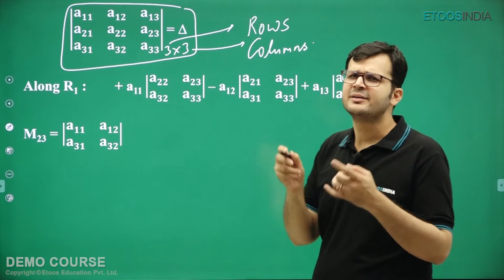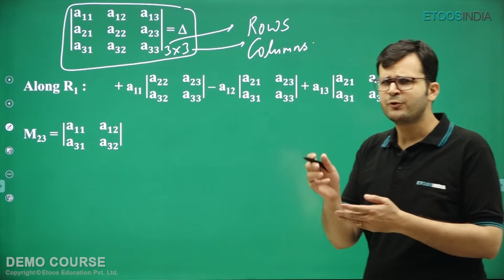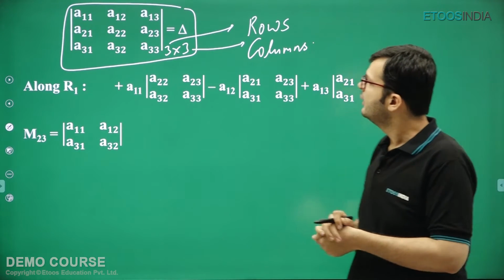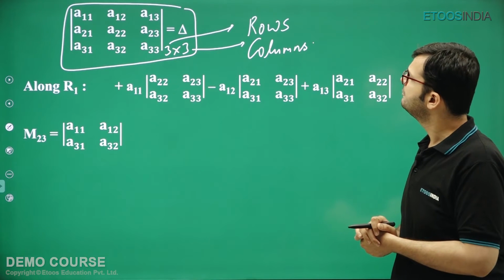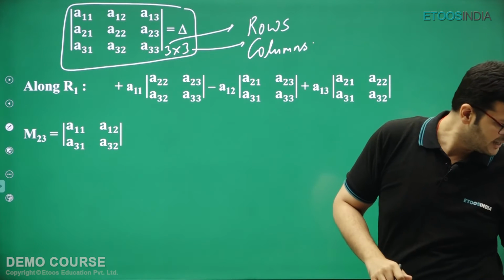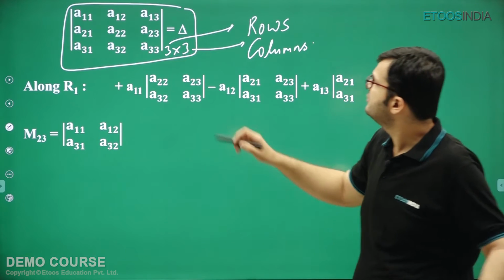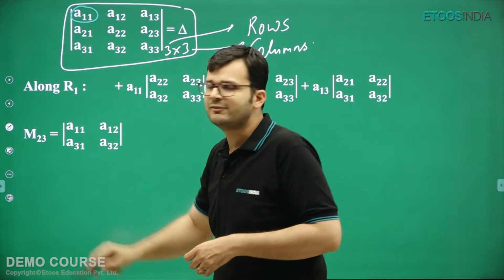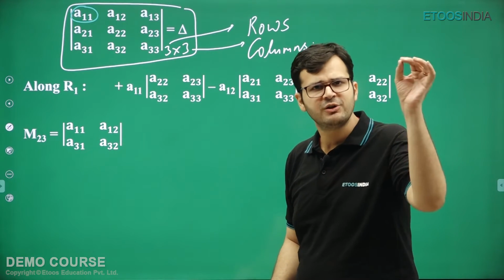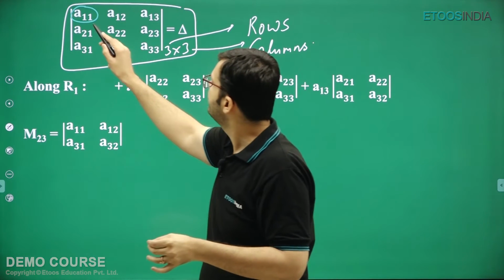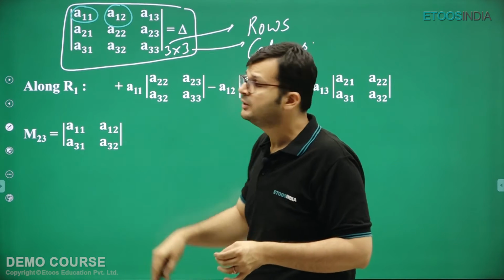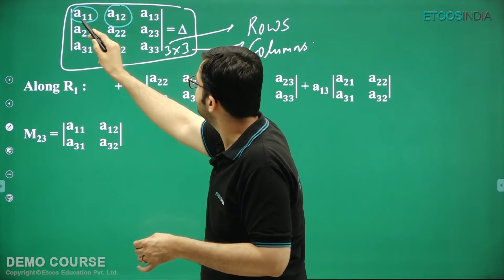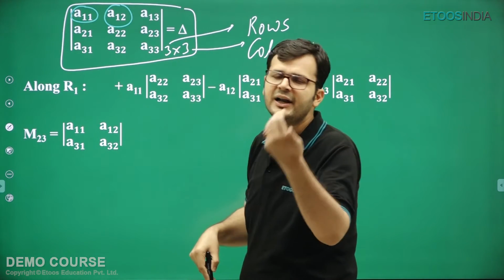That in a determinant it does not matter anyway, because the number of rows and number of columns are always equal, unlike matrices that we will be studying later on. As you can see, the elements that I have numbered are on the basis of this only. When I say A11, I mean the element which belongs to the first row and the first column. Naturally, what is A12? A12 is going to be the element which is in the first row and the second column, and likewise you can go on.